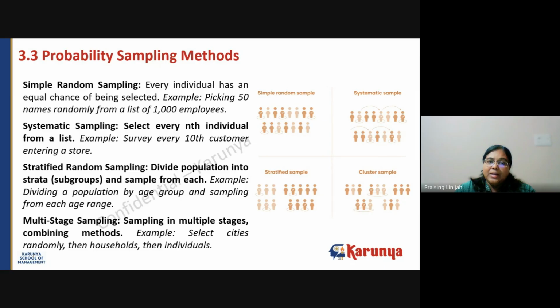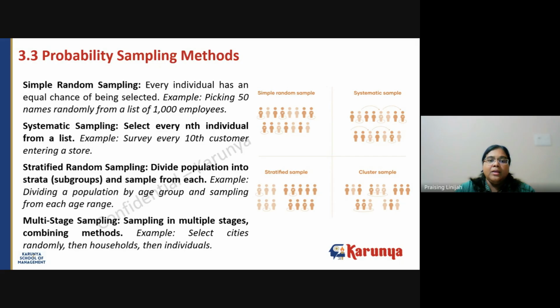And finally, multi-stage sampling could involve choosing some neighborhoods first, then libraries within those neighborhoods, and finally patrons within those libraries. You may involve the method of strata as well as random sampling. So combining one or more methods in order to finally take up your sample, which we call multi-stage or a kind of